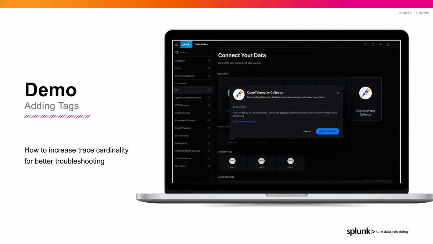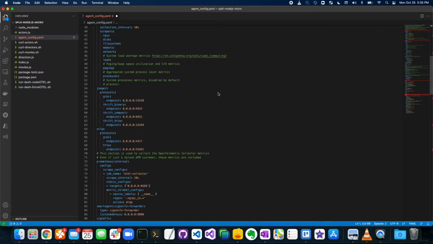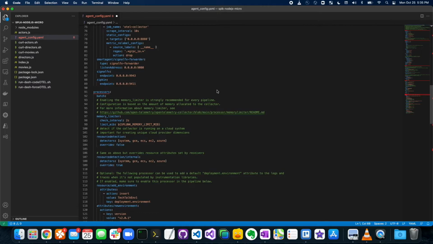Now let's take a look at a demo where I'll quickly walk you through how adding tags can help you quickly discover more about your application metrics. So here we have the default configuration with a few minor changes. This is agent_config.yaml. This is the configuration file that you typically get when you deploy the Splunk distribution of the